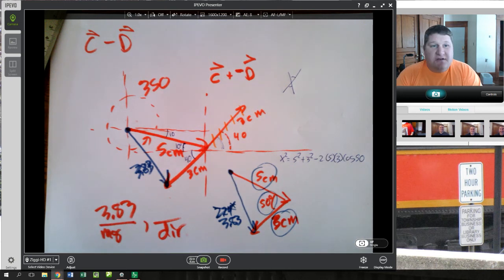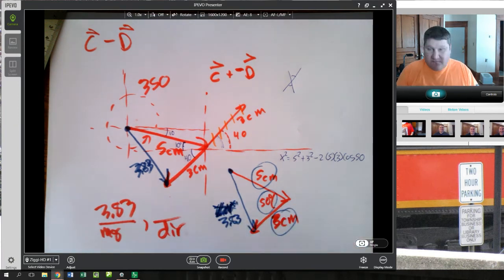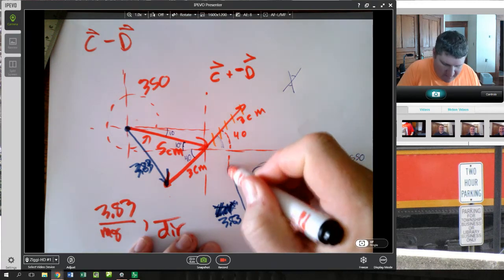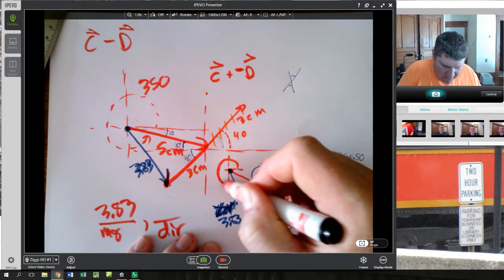Okay, ladies and gentlemen, let's take a look at getting some direction on this thing. So we got 3.83, making sure that we were in degrees, not radians. And now we need to find the angle. Now, the angle again, if this is the y-axis and the x-axis, it's got to go from the positive x